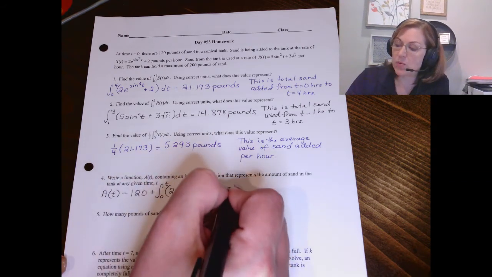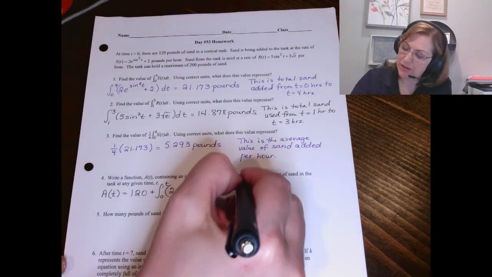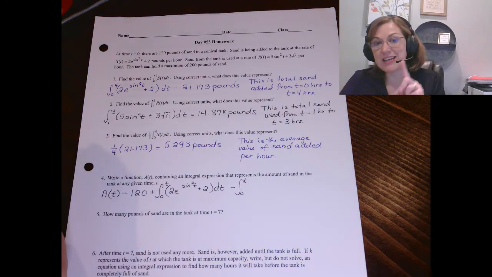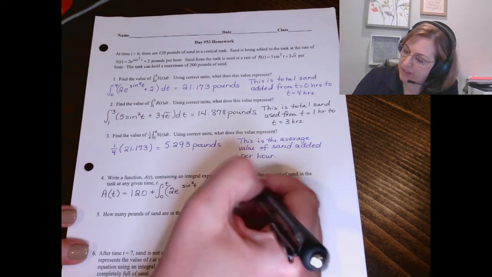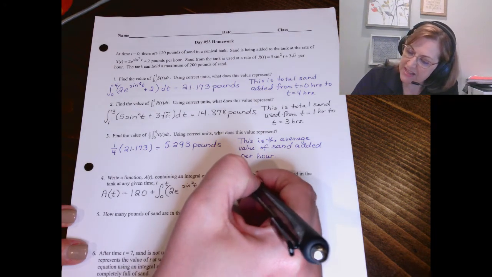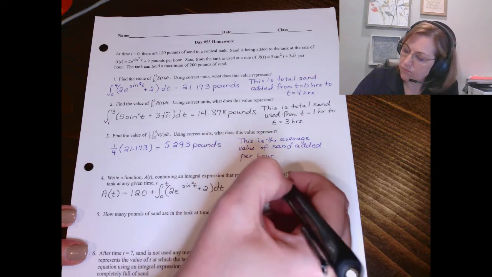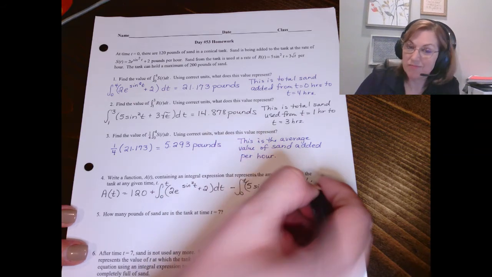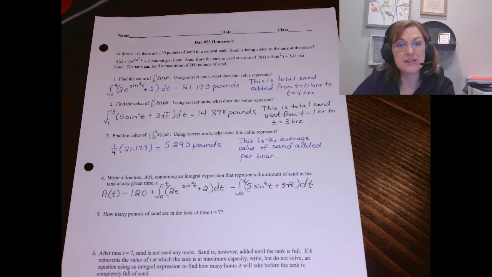And then I'm going to subtract the amount that's being used. Again, integral from 0 to t. And the reason I'm using the bound of t is because I don't know when that ends. I just want to know at some value of t. And this is of r of t. And that's it. So now number 5 says, okay, now that you found that, go find out how much sand